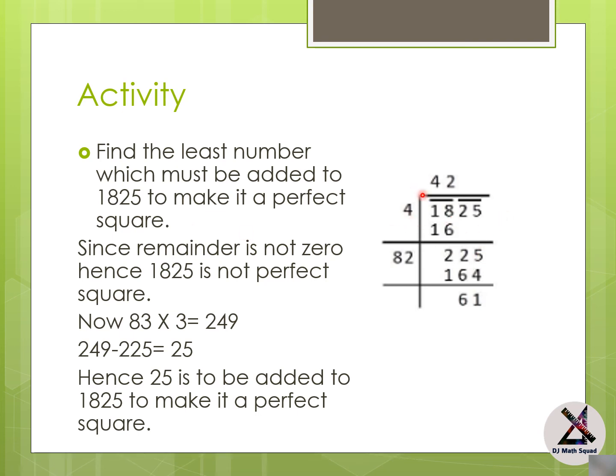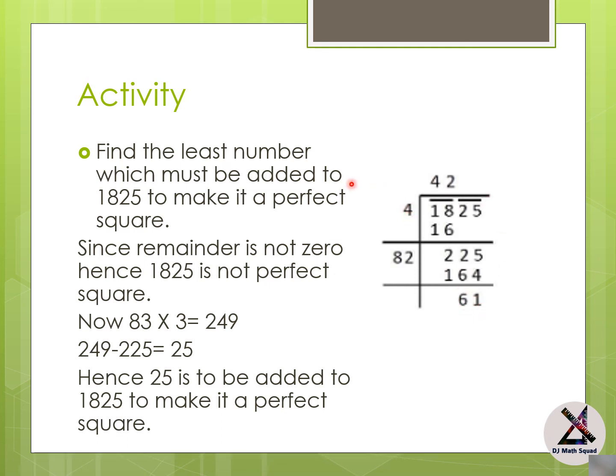When you start finding, 4 into 4, 16. 18 minus 16, you are getting 2. You are bringing 25 down as a group together. Then the double of 4 is giving you 8. And 81 into 1 is not near to it. 82 into 2 is 164. When you find 83 into 3, that will be bigger than 225. So here you are getting remainder as 61. It means this number is not a perfect square.